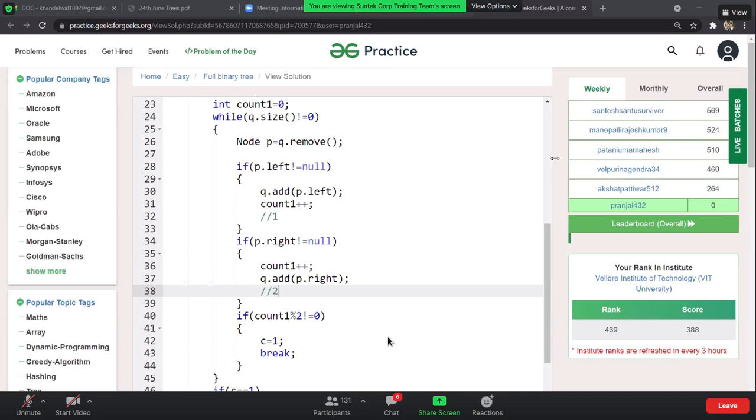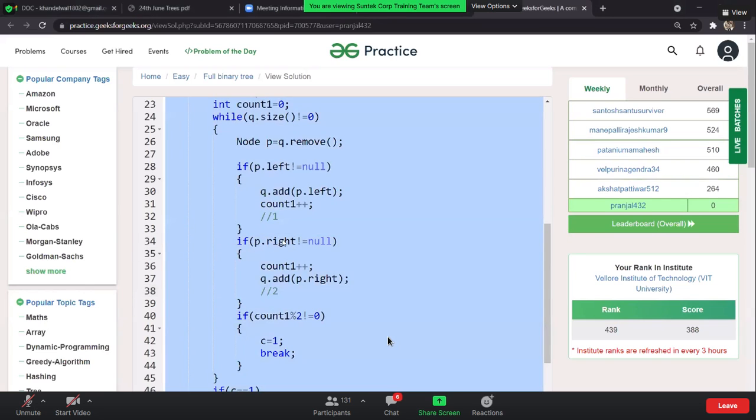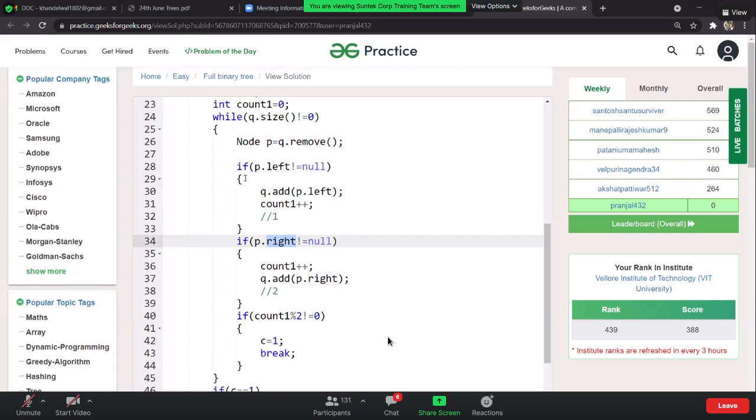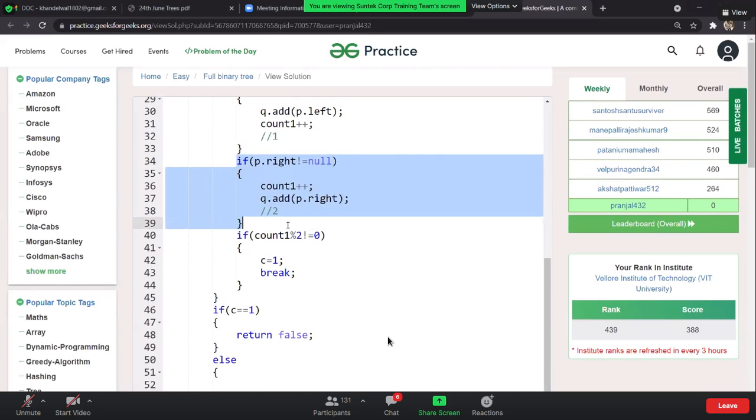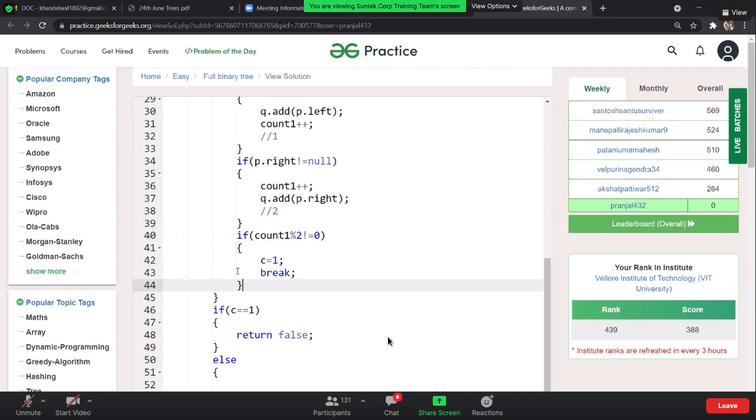Okay. So for node 2, we check left and right. Since the right is null, the count is odd. Correct, correct, correct. Okay, I thought you already got it. Yes, that's absolutely correct. Because we won't be having a right, we will only be incrementing this count. It will never go inside this loop, and if it never goes inside this loop, it will go inside this and we are going to break the loop. That clear?